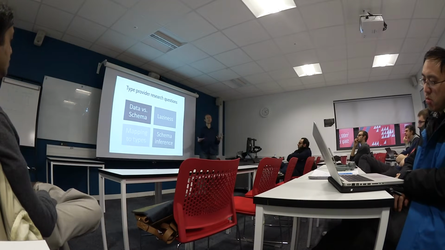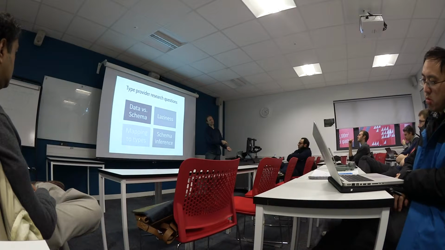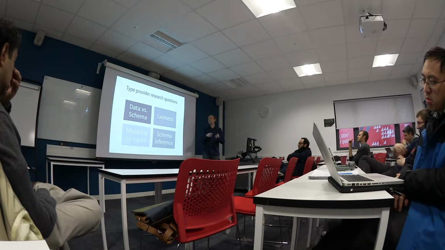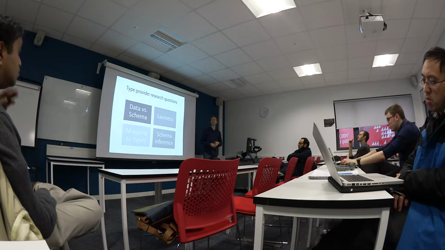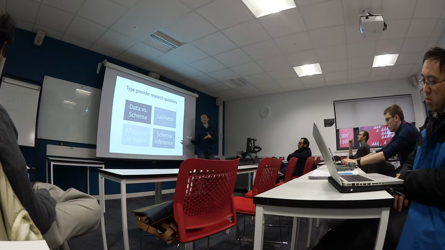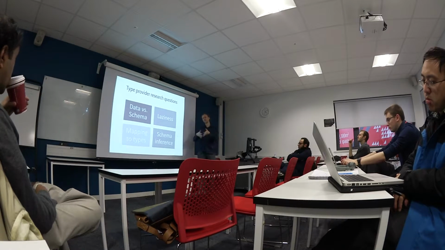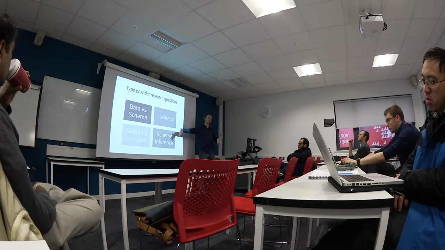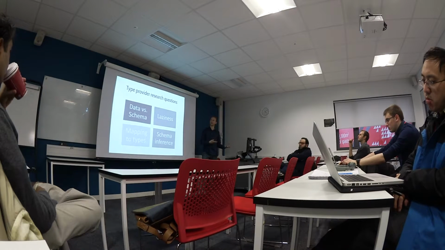Because with the World Bank you could say, well, maybe the indicators are part of a schema because they never change, but the countries are data because they change, or the years are data, and you get a list where the years are just numbers, or alternatively we could also change it so that it gives you